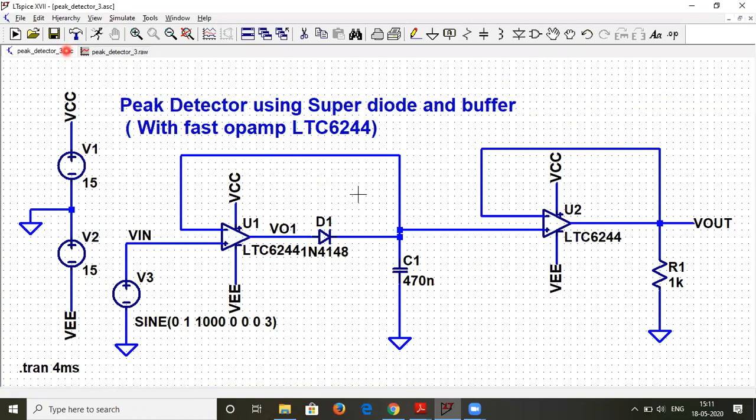But the only limitation is there is some problem with the first output, that is the output of the first op-amp, misbehaving a little bit, going into saturation for some period of time.